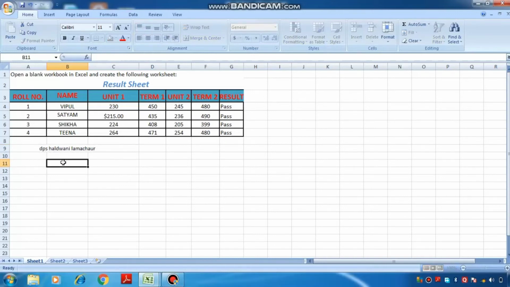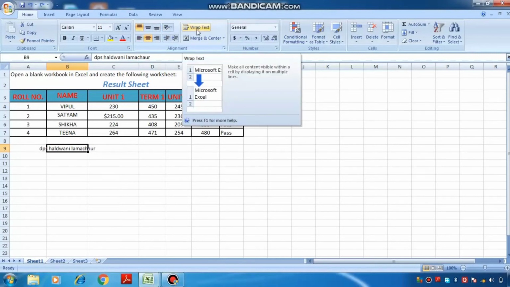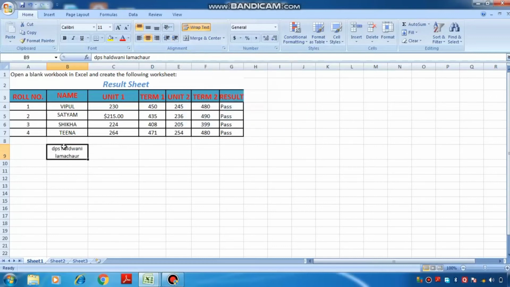Okay, if I write it in a single cell, we will use the wrap text option to show it in a greater size like this. I have to click on the wrap text. The wrap text exceeds the cell limit to the next line by increasing the row height. Here you have seen when I clicked on this cell and clicked the wrap text option under the alignment group, it will automatically exceed the size of your cell. Hope you all are clear with the wrap text option.